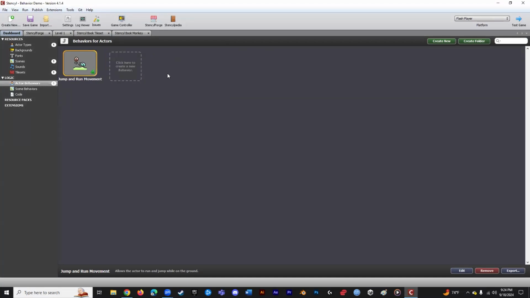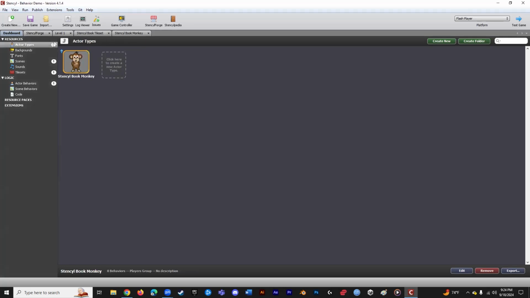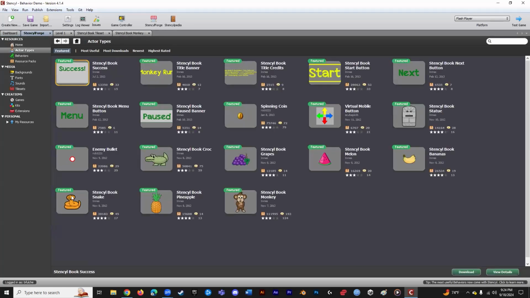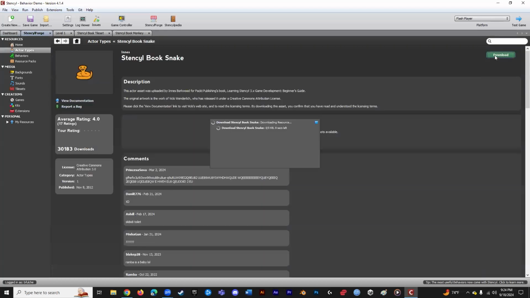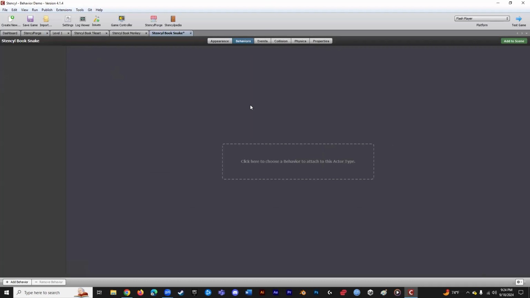Okay, so let's see. We can add another behavior. We can add another object. We'll go to the Stencyl Forge, we'll go to actors, and we'll maybe choose this snake. And now download the snake. Notice there's no animations. That's okay. I'll call this idle. No behaviors attached. Perfect. Now I'm going to use this snake to patrol back and forth. If I go to my behaviors